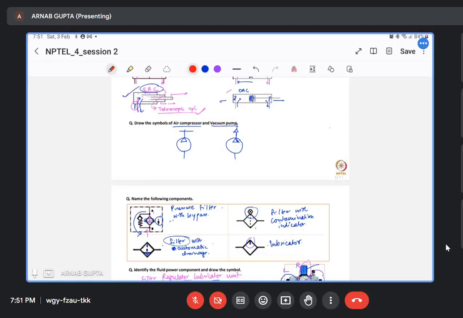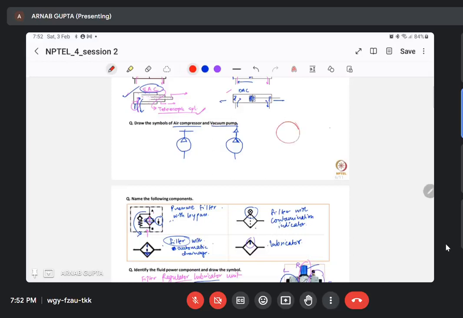I hope you know the symbol for it, right? Yeah, understood. But suppose I require equal flow in all the two or three branches, is that possible, sir? I have faced some problem in one of the hydraulic presses where we have two cylinders and each was getting different flow. Then we introduced a flow divider, but still